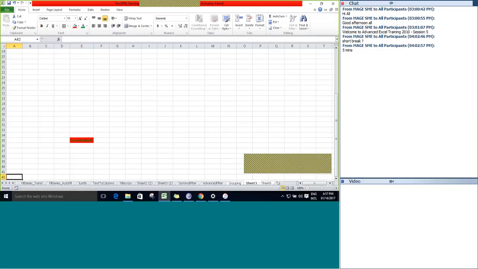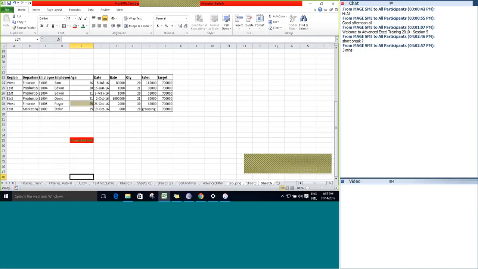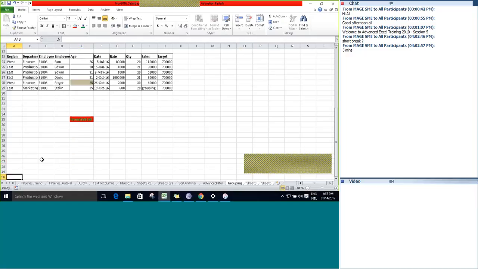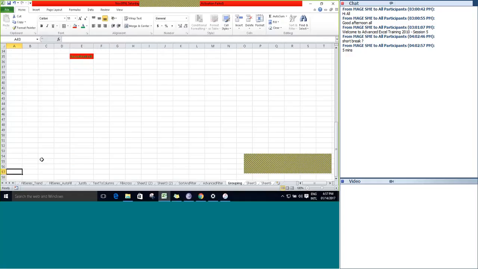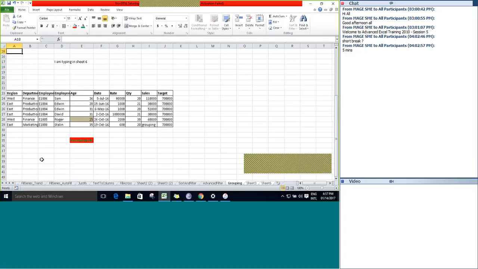Look at E35, the same is applied here also, right? Similarly, I will tell you where this particular grouping will be beneficial.